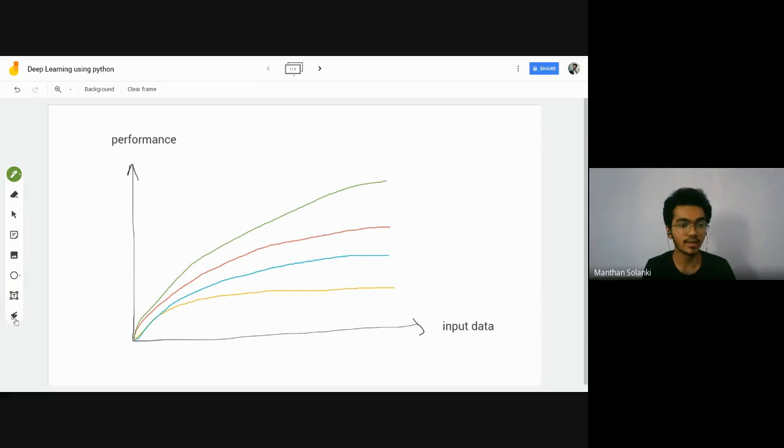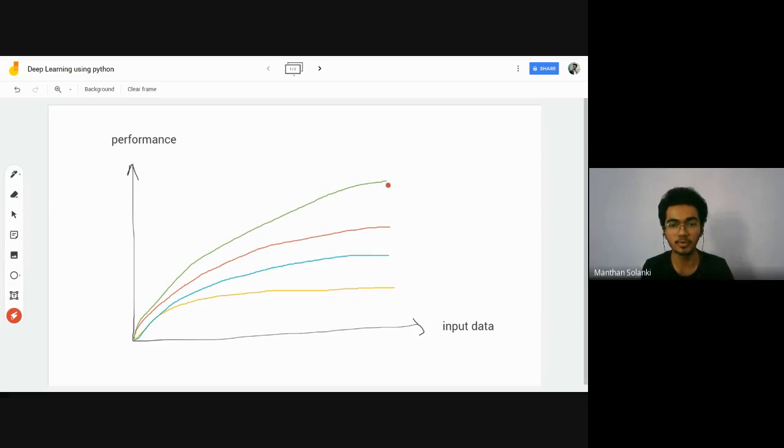But look at this point. We require high performance and input data. That's why deep learning is so popular over the last decade, because we have enough computational power, and technologies are improving daily. Let's take a look at the scenario of 10 or 15 years ago. At that time we didn't have GPUs or TPUs, the tensor processing unit and all.